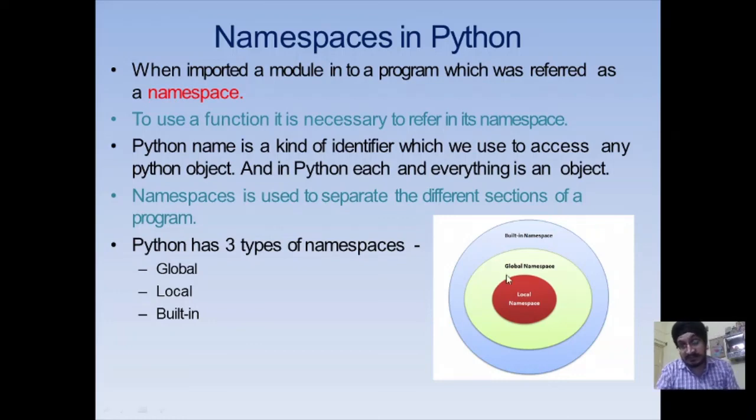You can see in this diagram, first of all, Python searches for any name inside its local namespace. If not found, then it looks in the global namespace, and if the name is still not found, then it looks in the built-in namespace. This resolution is in the form of LEGB.